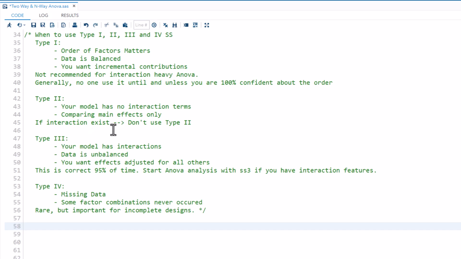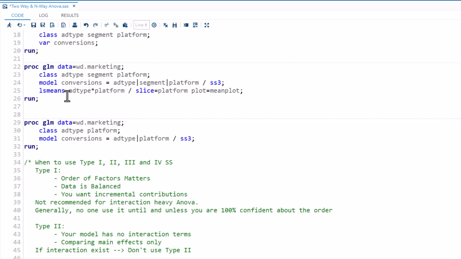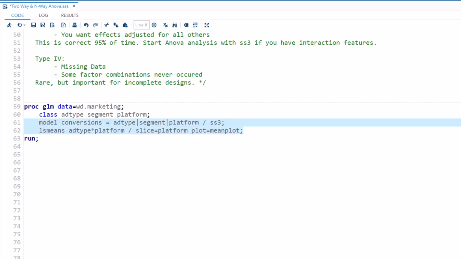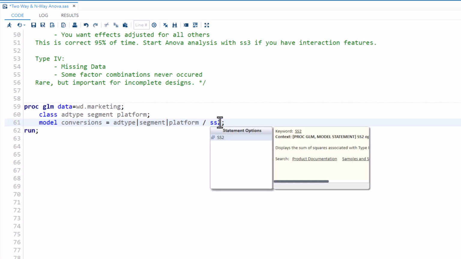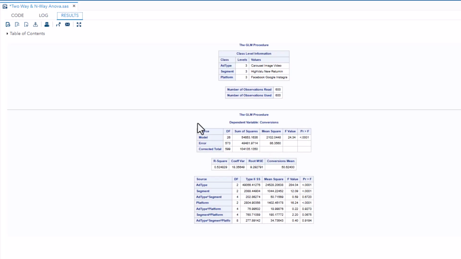In our case, we had seen the interaction features are not significant, and that is why if I have to do this analysis, I will be using SS2. So I have analyzed my output with SS3 sum of squares. My interaction features are not significant, and that is where I'm going to use SS2. Let's run the code, and you can see